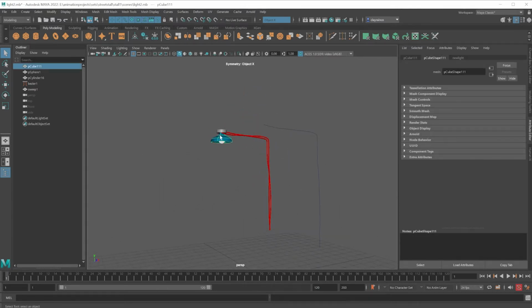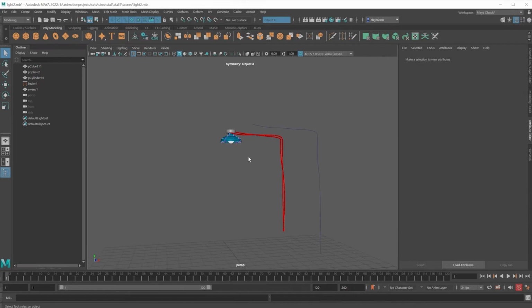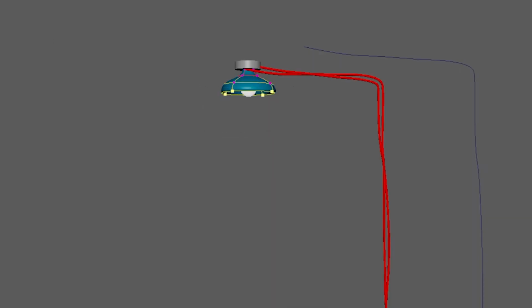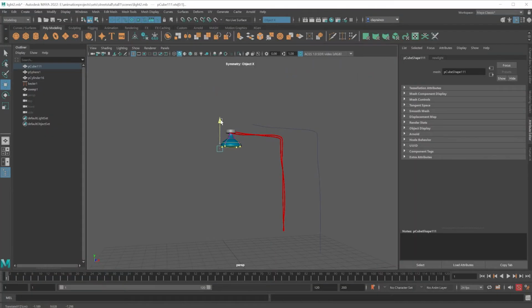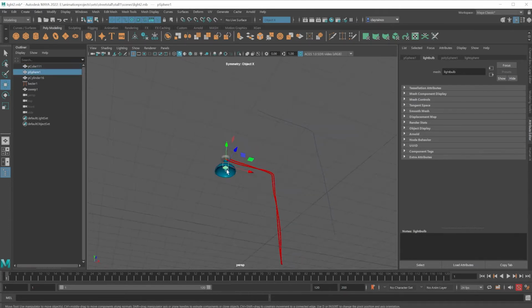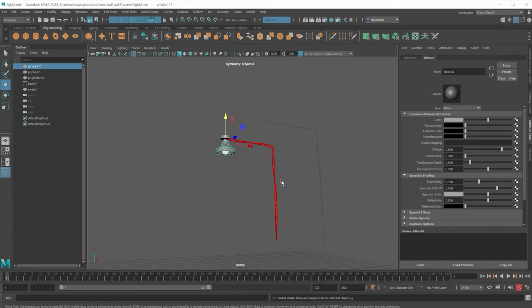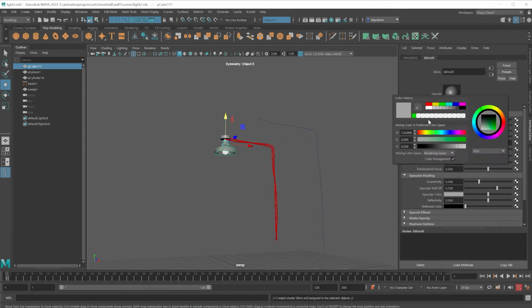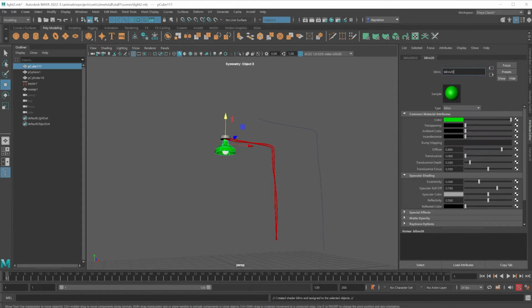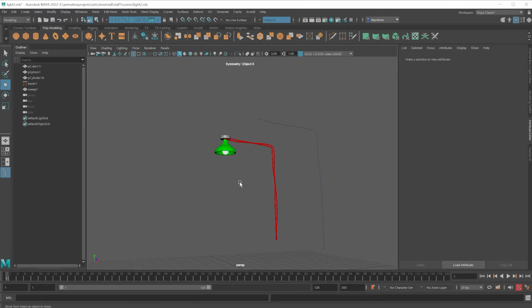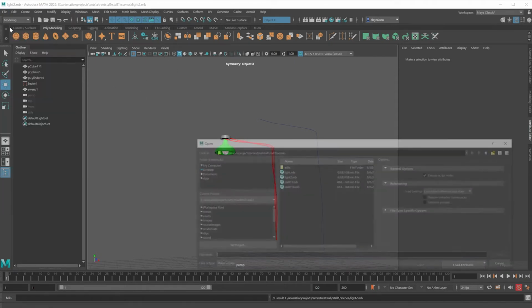Let me just do something very basic to this. Selecting the vertices, and I'll just make it a longer cone-like light. Let me get that light bulb on the inside. And I'll just make this a different shader so you can see the result. When I save this file, I'm saving as the Maya binary file. I'll go back to my original scene,